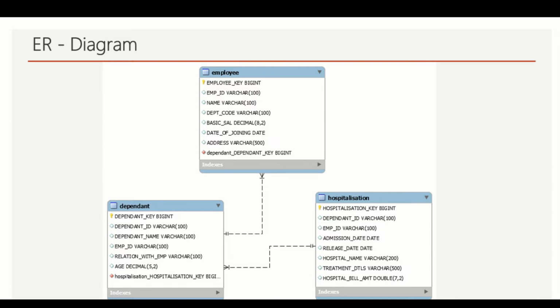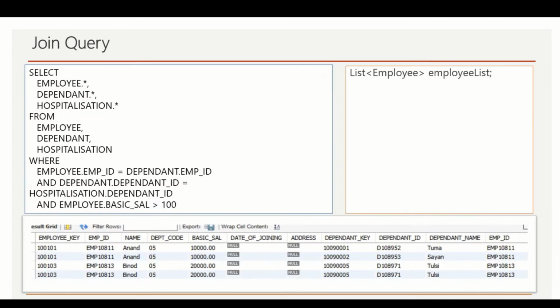To retrieve the records, we need to execute a SQL. Let's have a look into the SQL we need to trigger. Most likely we will be executing a SQL joining these three tables, and this query will look like this.